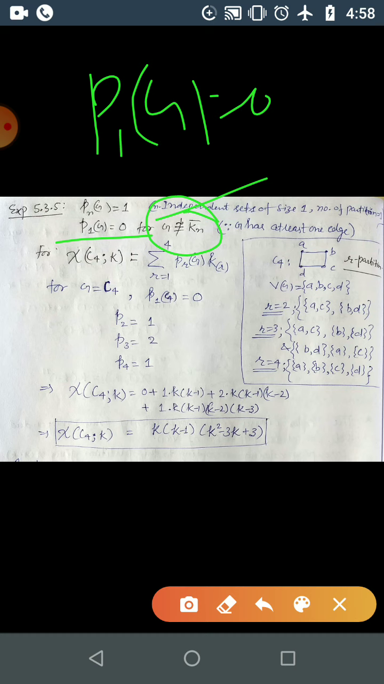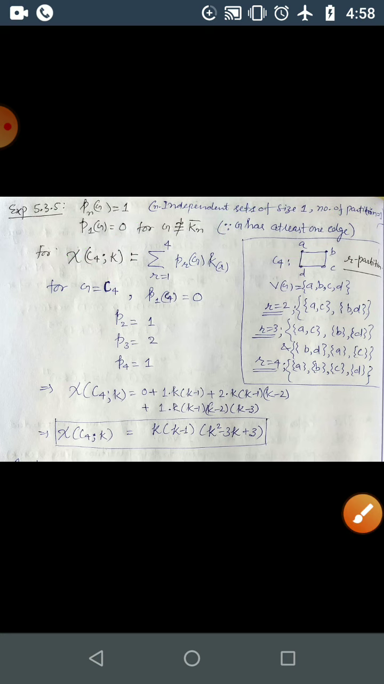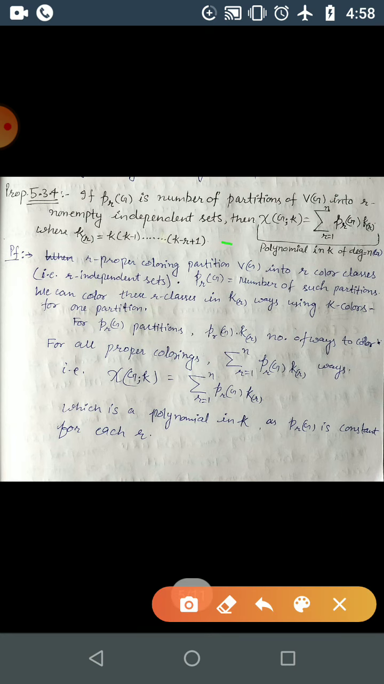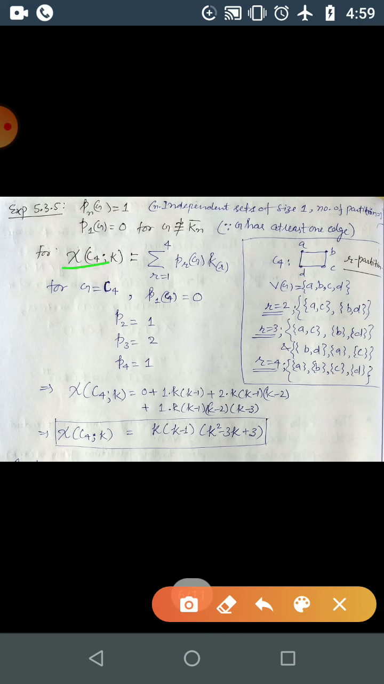And the number of partitions into one independent set, when G is not isomorphic to the complement of K_n, or when at least one edge is there, is 0, because G has at least one edge and both endpoints of the edge cannot go into the same class, correct? And here I have used the result of the last proposition to compute the chromatic polynomial of C4 when k colors are given, correct? So k colors are given,